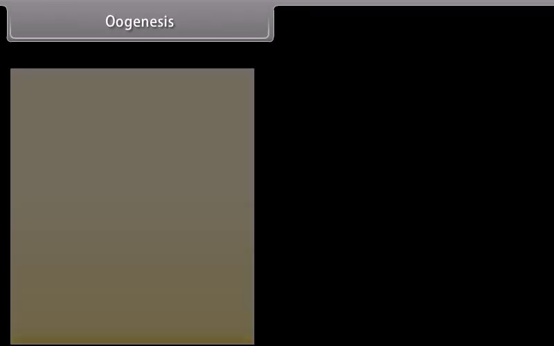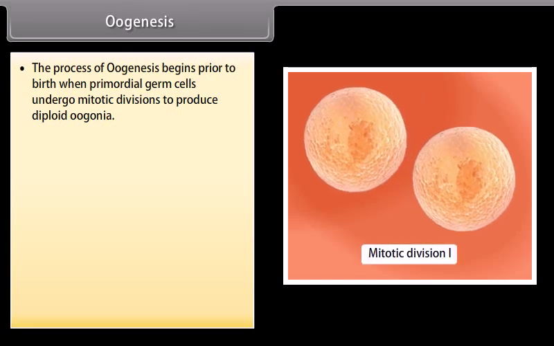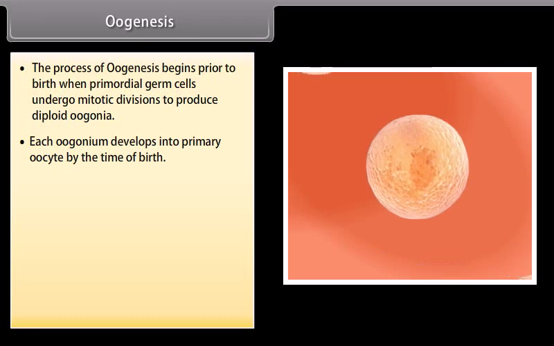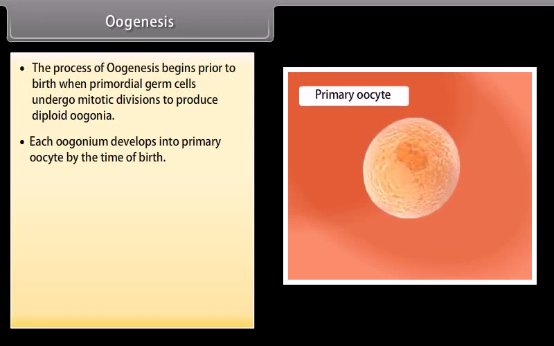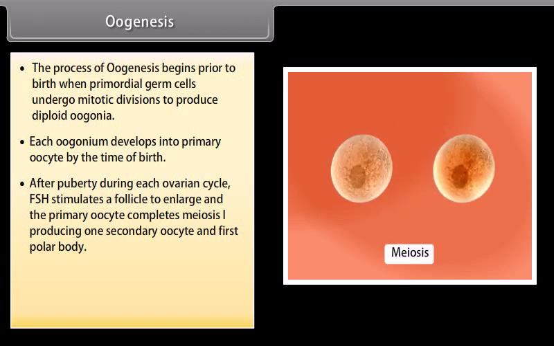Oogenesis. The process of oogenesis begins prior to birth when primordial germ cells undergo mitotic divisions to produce diploid oogonia. Each oogonium develops into a primary oocyte by the time of birth. After puberty, during each ovarian cycle, FSH stimulates a follicle to enlarge and the primary oocyte completes meiosis I, producing